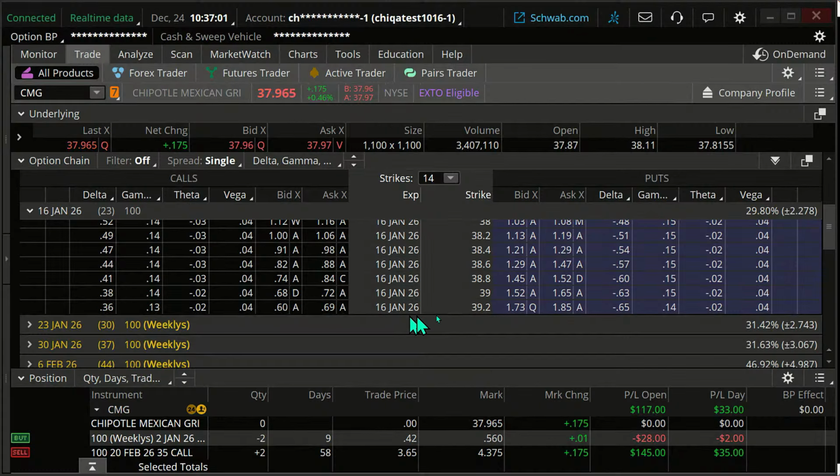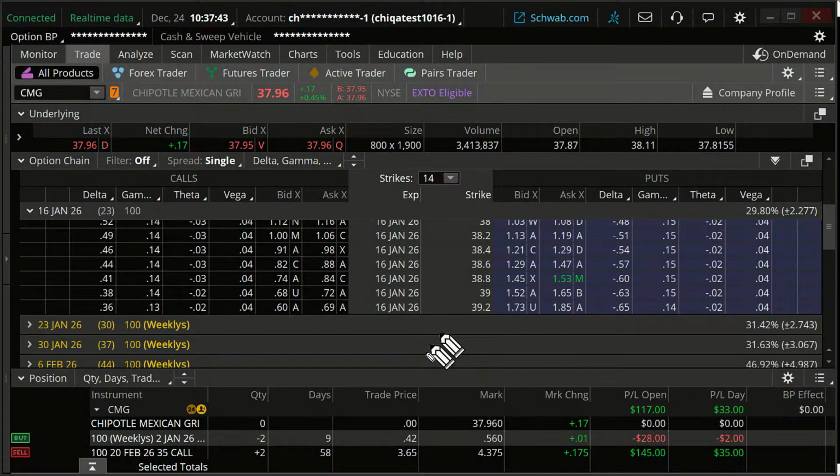So I'm going to sell, that's kind of a weird strike, isn't it? 39.2. Let's do a little quick tangent. Look at these strikes, everybody. Is that a little bit weird? What that typically means is there was some corporate action. When companies have options, they don't do strikes at 38.2, 38.4, and so on. No, there was some sort of split or corporate action or something that adjusted these strikes. So that's why we see that.